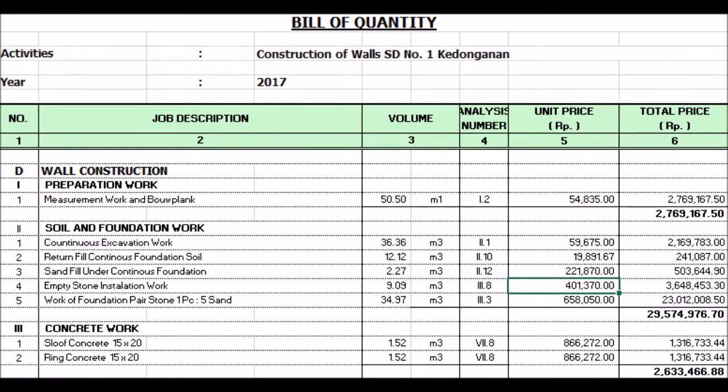How do we find a coefficient list for the price of the cost budget plan? Number 1, see the BOW analysis book, see the Indonesian National Standard SNI, see company standards, direct observation and research in the field, see standard unit prices. After all, we get a recapitulation of the cost budget. I will display the recapitulation of the cost budget in this project.